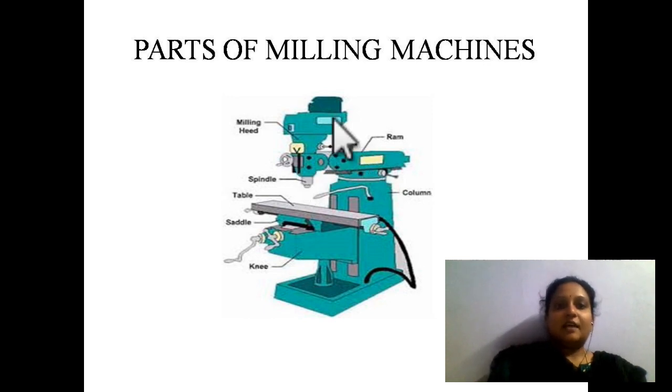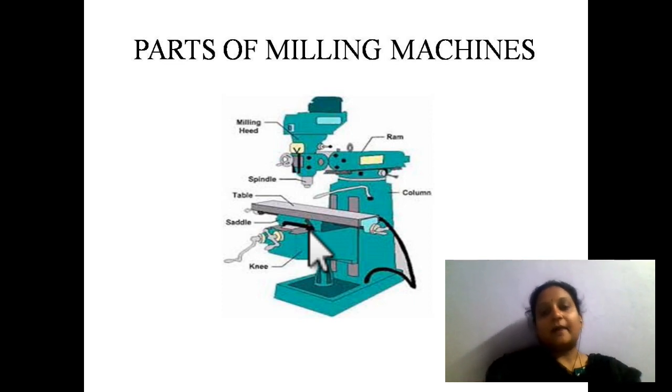At the end of this ram you will have a milling head, and for this milling head you will be connecting a spindle, and the tool will be present in this spindle. So in case of milling operation, the workpiece will be clamped on the table, and the tool will be in the spindle, and when the spindle rotates, this milling head is flexible to move. Depending upon the shape we require, and depending upon the input which we give, the milling head will make different profiles on the component. Okay, so this is about the parts of a milling machine.